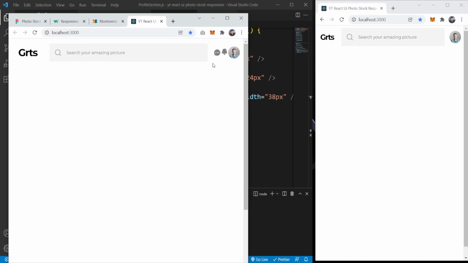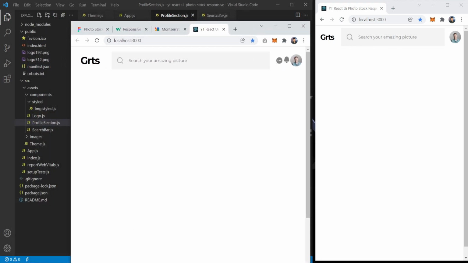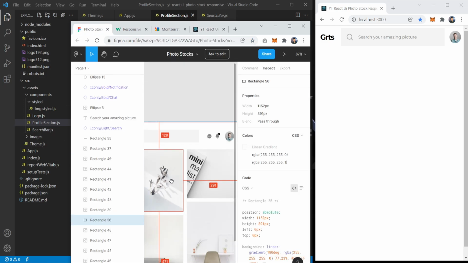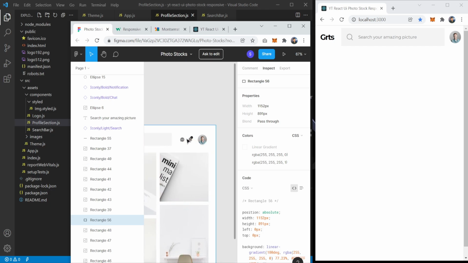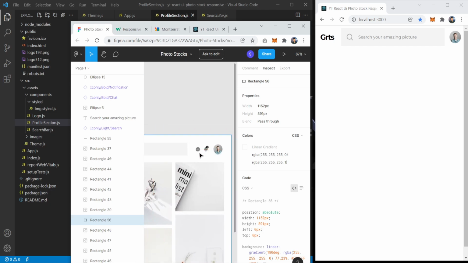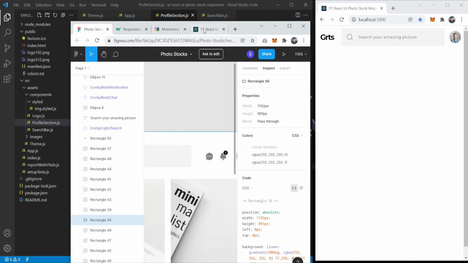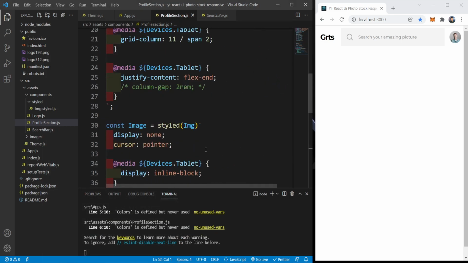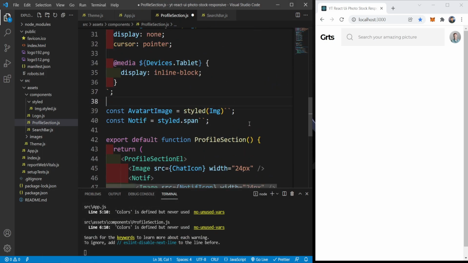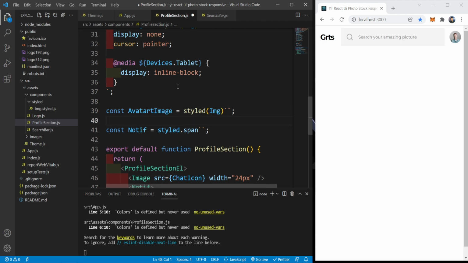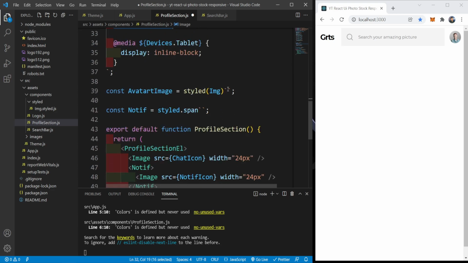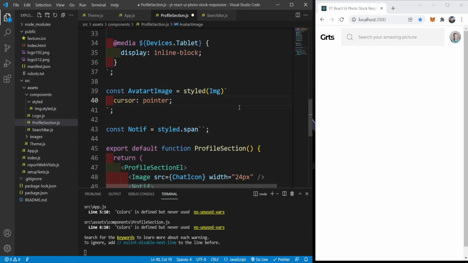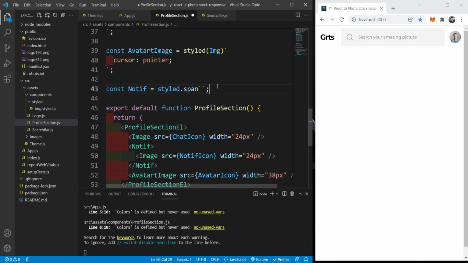You can add some animations, which we will do for the items here, for these items. But you can do some animations for when they disappear or something like that. But we are not going to do this animation for these two icons. So for the avatar image, we should only set the cursor to pointer, just like this. And for the notification icon,